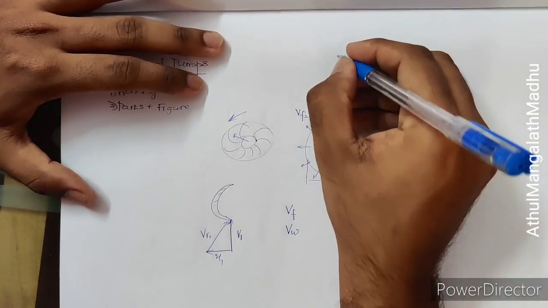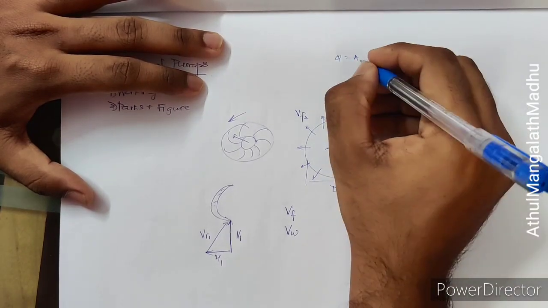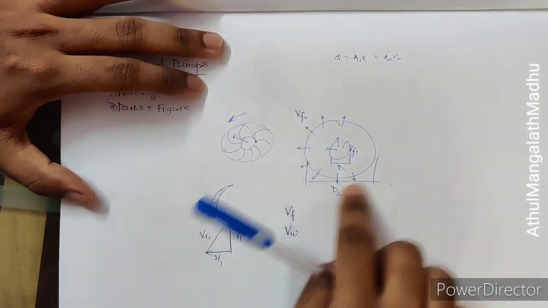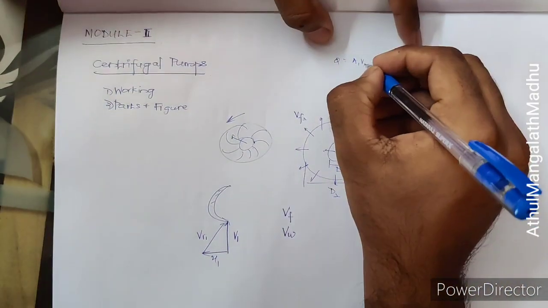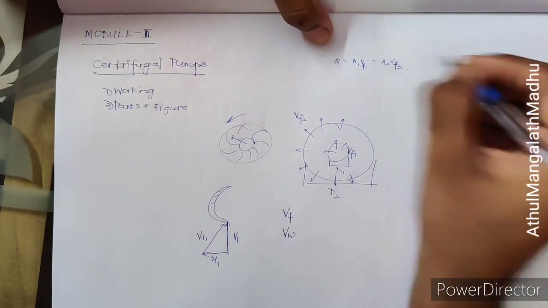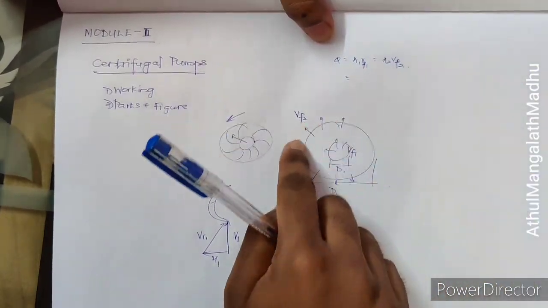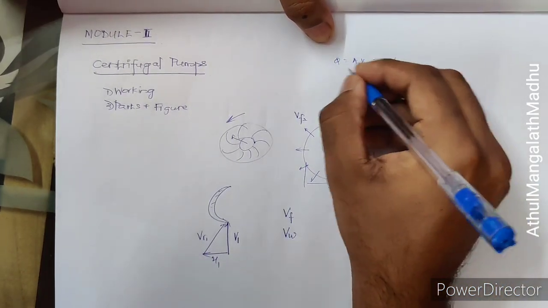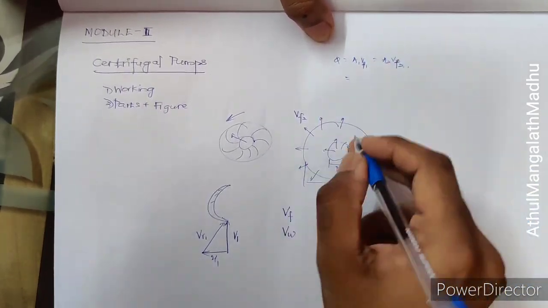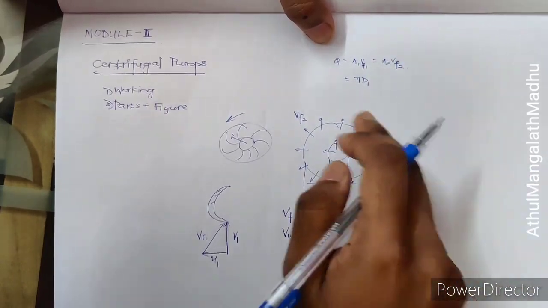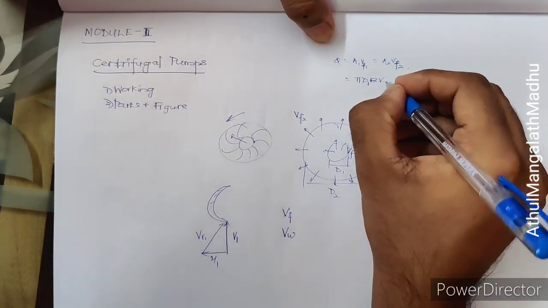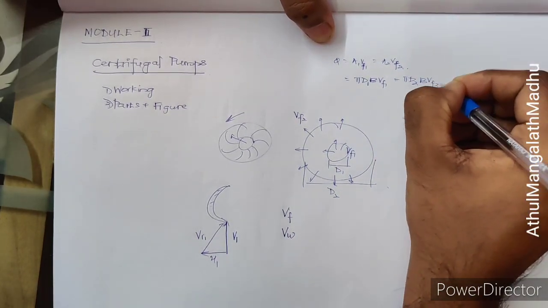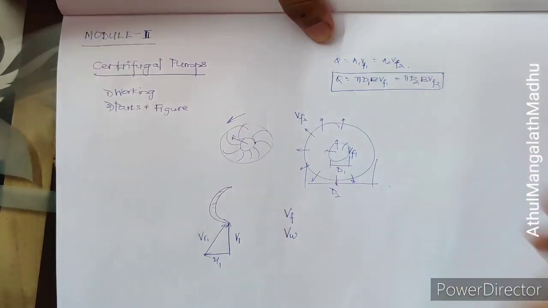So while finding discharge, we know the discharge is equal to area into velocity, or A1 into V1 and A2 into V2. But here what we are doing is we are considering only the flow velocity. So this is Vf1 and Vf2. When you consider the area, it is coming out to this periphery and it will be having some thickness there. So that area for A1 is this one. That periphery will be pi into D1 and it will be having a thickness B. So pi D1 B into Vf1. Similarly, pi D2 B into Vf2. This is the equation for discharge that we'll be using.